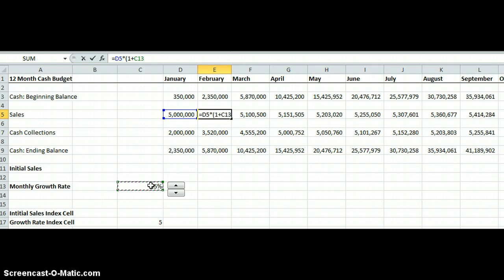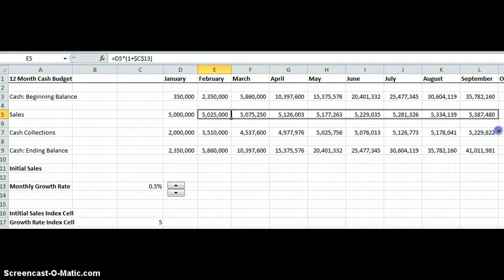So I've highlighted C13, but I want that to be an absolute value, so I can hit F4. If you click F4 there, it automatically changes it, or you can physically put the dollar signs in, and parentheses to close that formula. And there we go. So now we look at that. Now we're going to just drag that formula across,